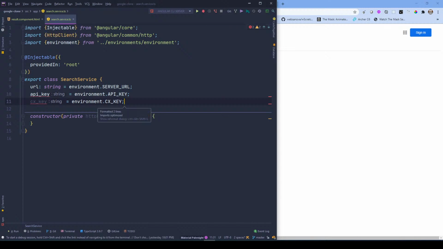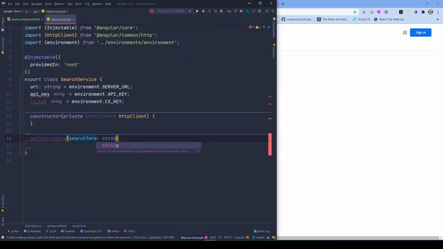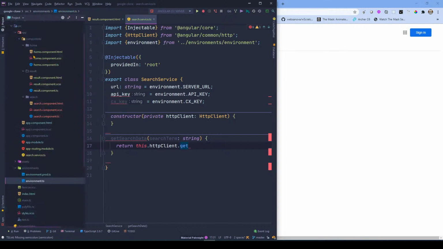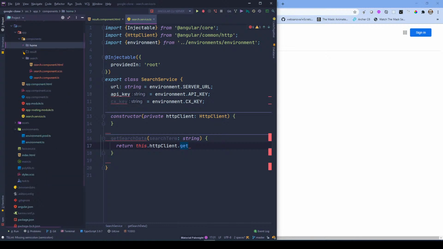with that being said, I'll create a function get search data. This will take a search term of type string and return this.http client. I'll use the get method here, and also this will give me a huge response. Okay, so for that I already created a model here in my notes. So